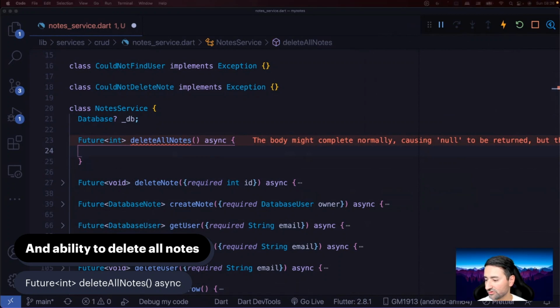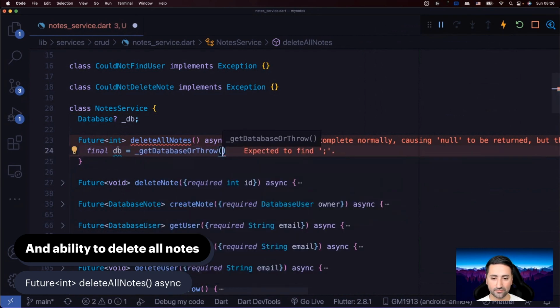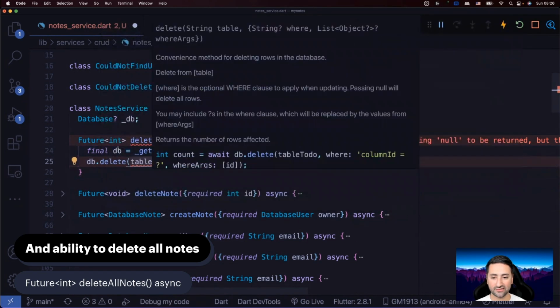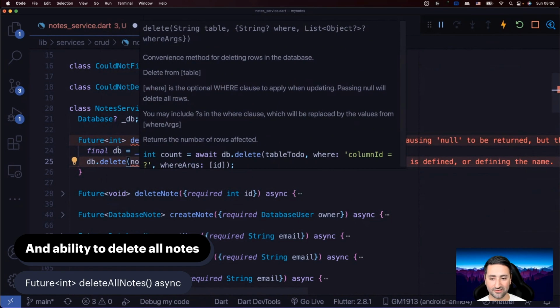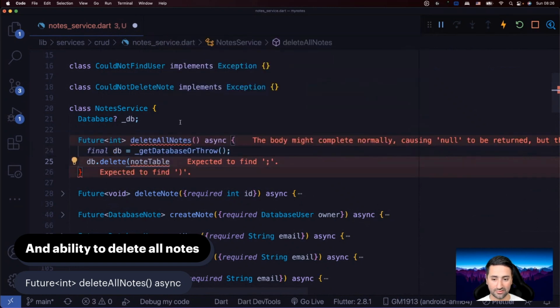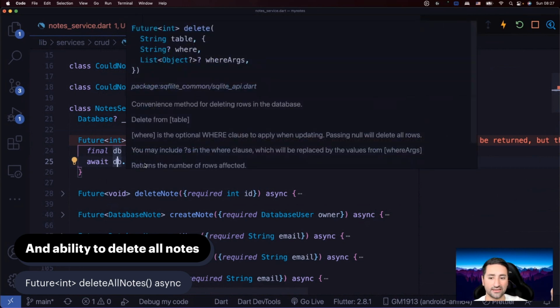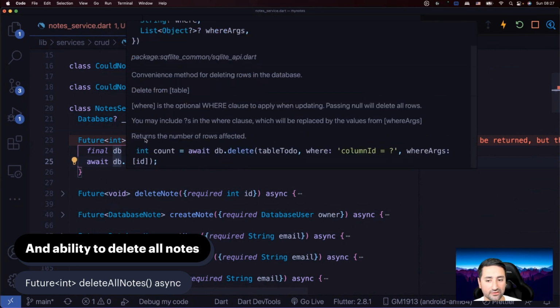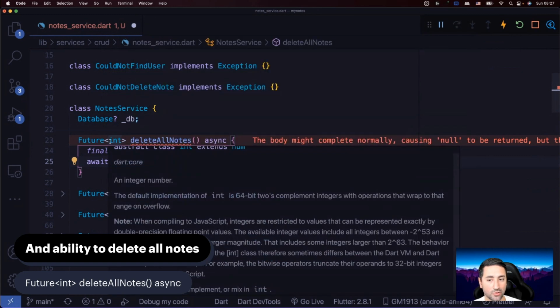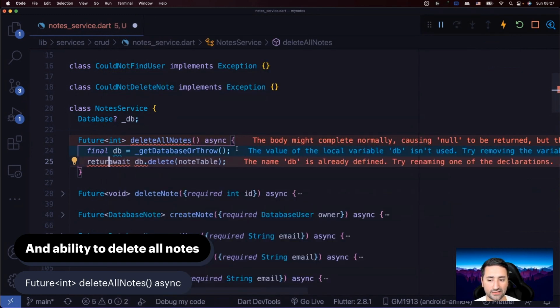and what we need to do in here is very simple. We're going to say final db is equal to get or throw, and then we say db delete, and then we just literally say note table, boom boom, await on it. All right, and you see this, if you issue the delete command on your database with a given table, what it does is that it deletes every row inside that table for you, and it will return the number of rows that were affected. So you can see it returns the number of rows affected. So that's exactly what we want to return. So just return that value in this function. All right,